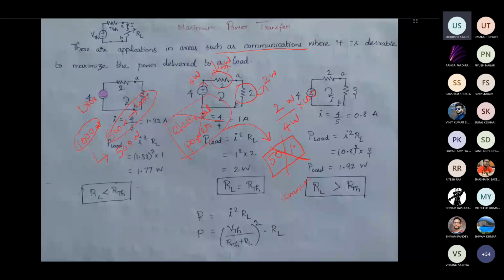I'm just saying 1000 watts as an example, but generally we will be generating in gigawatts or megawatts, let's say 10 to the power of 6. So if I am generating 1 megawatt or 2 megawatts, I will be spending crores and crores of rupees to generate this 2 megawatts of power. But if I am able to send only one megawatt to the load, it is a huge loss for me, because no one is going to pay me for the power losses which occurred in the line.